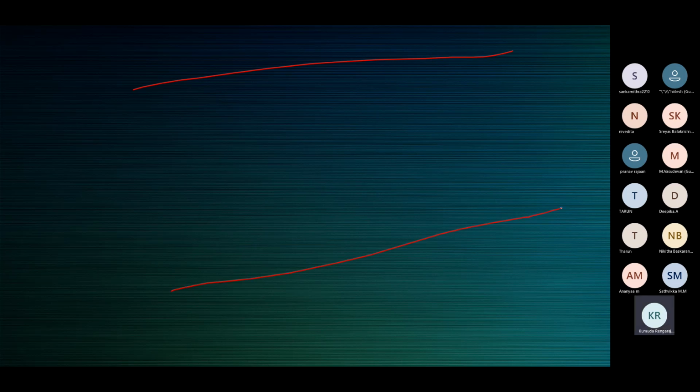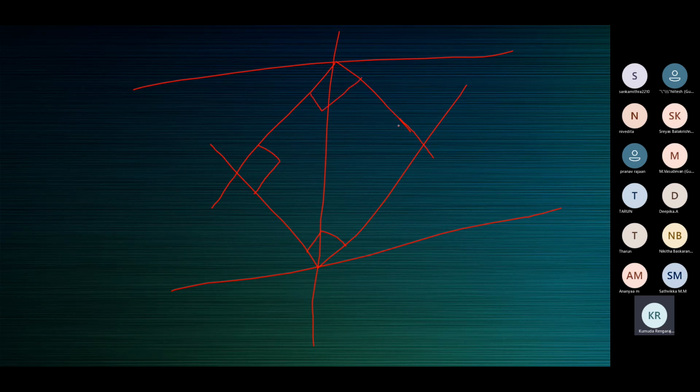Next, we have to prove that one angle is a right angle. You can prove any one angle is a right angle. You can prove that this is 90, or this is 90, or this is 90, or this is 90. You can prove any one of the four angles. We have proved it's a parallelogram. Now we have to prove that any one of these four angles is equal to 90 degrees.